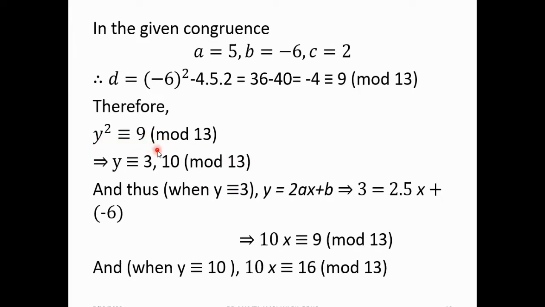So if y square is congruent to 9, then y is congruent to plus minus 3, and minus 3 will be congruent to 10 modulo 13. So y is 3 and 10 modulo 13. And thus